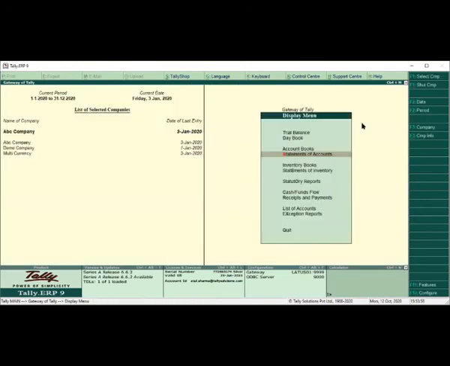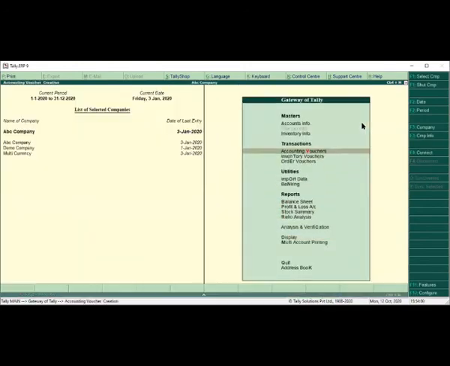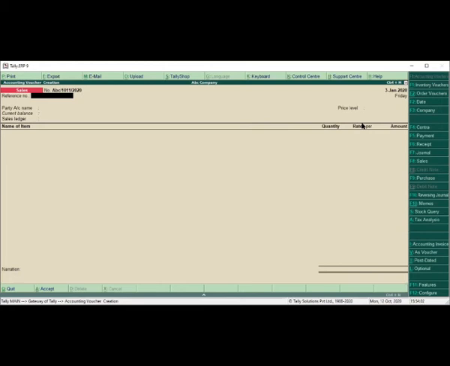Now coming to the transaction level again, there is one situation. Let's say you are dealing on credit. You have sold the item on credit basis. Now you don't want to give more credit to the customer. You want to stop somewhere. How is it possible? If I give a credit limit to some of the customers, then my salesman, my accountant will not be able to make the invoice until he has paid or until the credit limit gets increased. How can we do it?